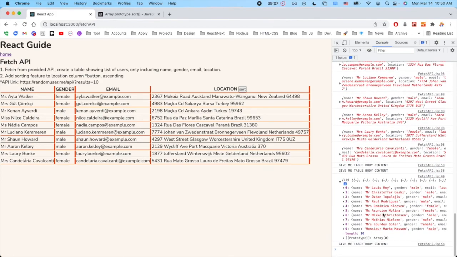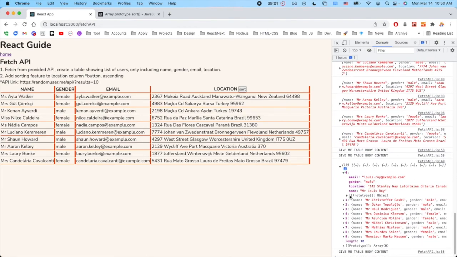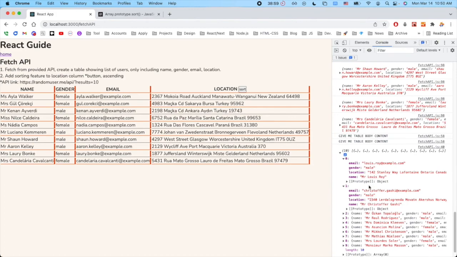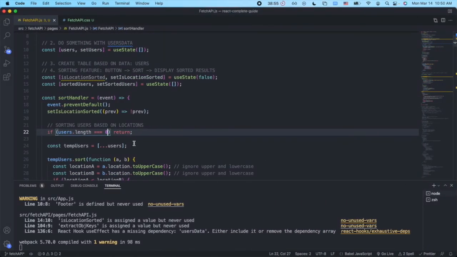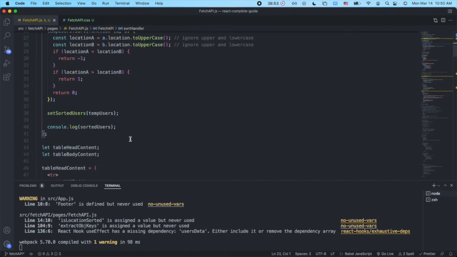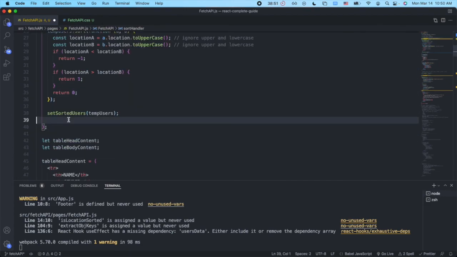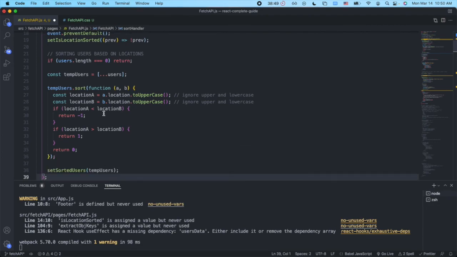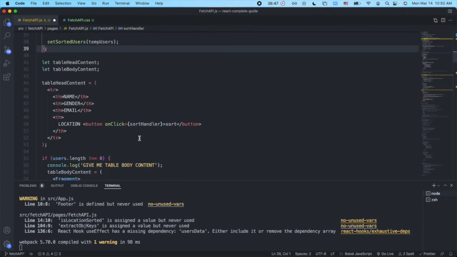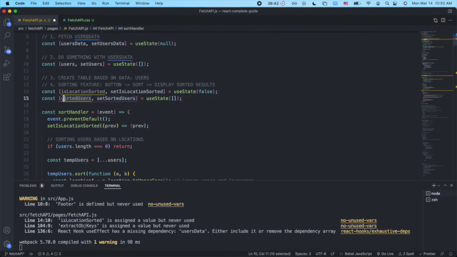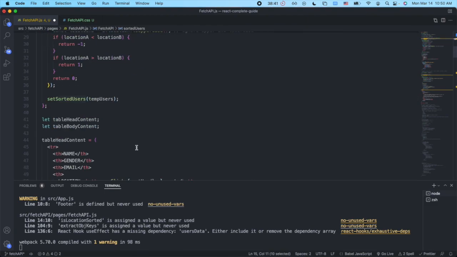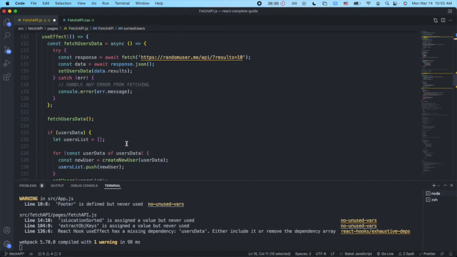Okay. I got the sorted. I believe this is 1 and then 2. Good. And then 3. Okay. This is working. So now I just need to update the user interface, right? Because it's been sorted and I just need to do this. Okay, so